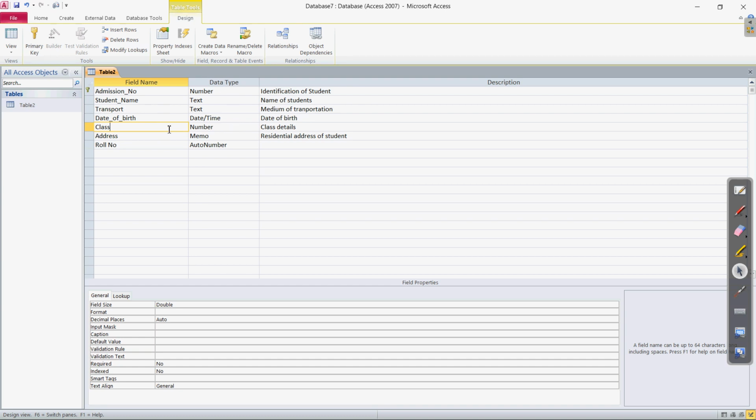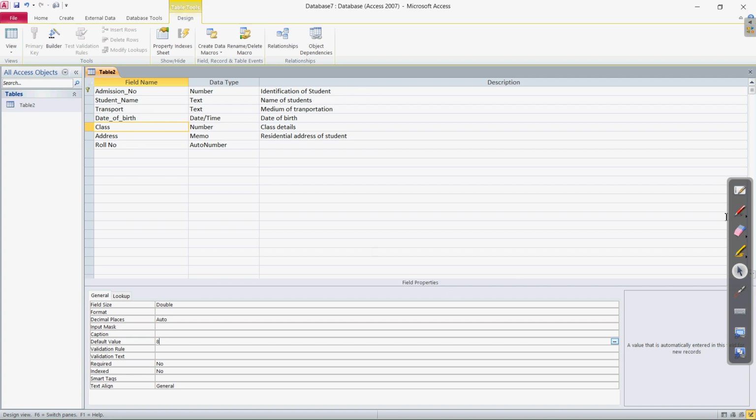When I choose the field Class, at the bottom you can see a Default Value row. If you want to make any value a default, we can write 8 here. So I have entered the value 8 as the default value of the Class field.